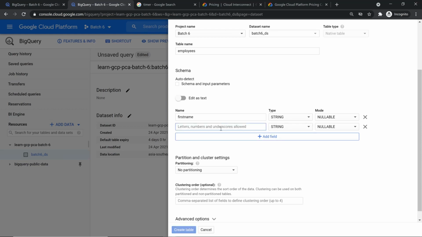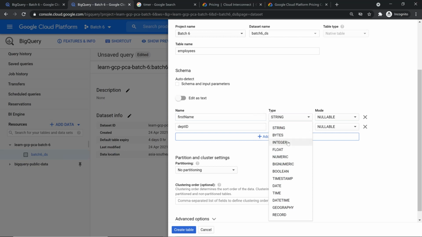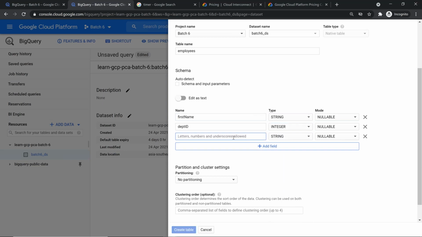The next one, I'm going to do a small change. Department ID. I'll also have some naming convention, folks. Camel casing, where the first letter is going to be small, the second word's letter is going to be up, like the hump in a camel. So this is going to be an integer. The last one is joining date. I'll make it as joiningDate, and it is of type